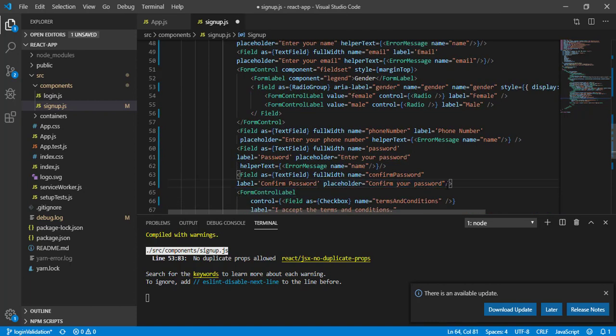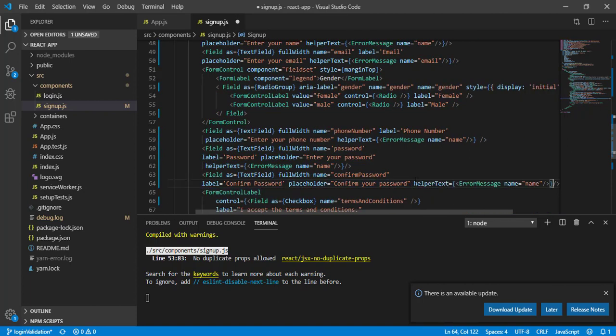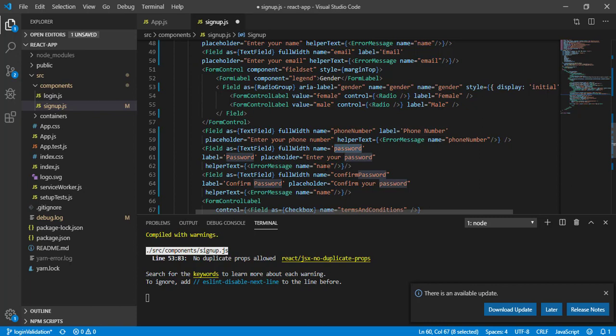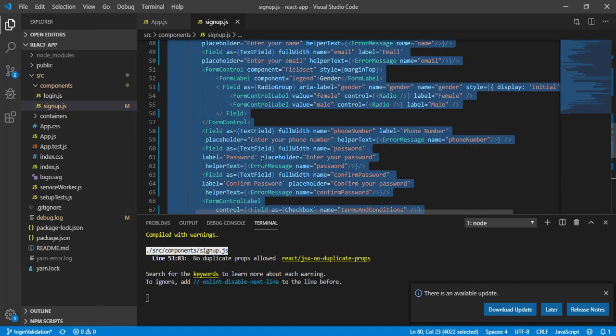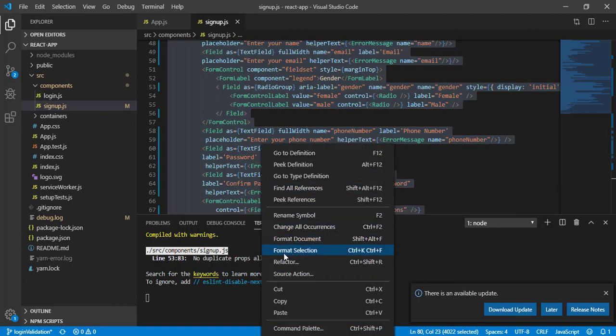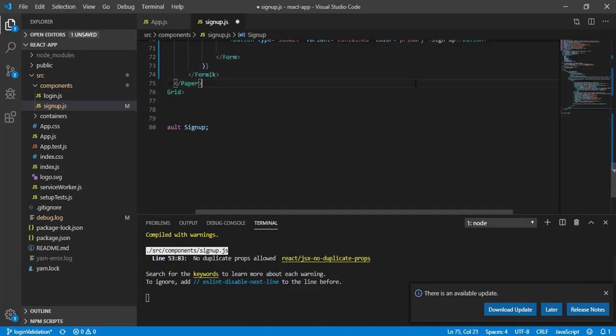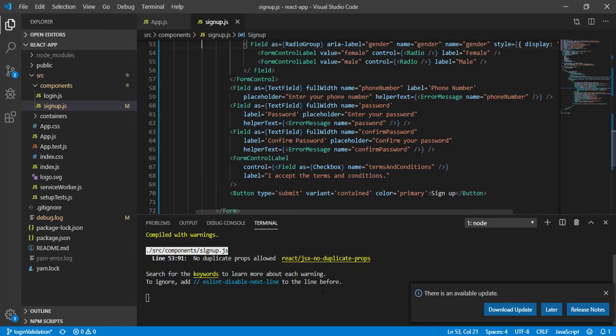So now this phone number, let's change the name to phoneNumber. Okay, and here you can see this name is password, so let's change this to password, and here this is the confirm password, so let's change it to confirmPassword. Okay, so now do Control A, right click, select Format Selection, so it will format your code. Okay, so now we have added the other two as well.